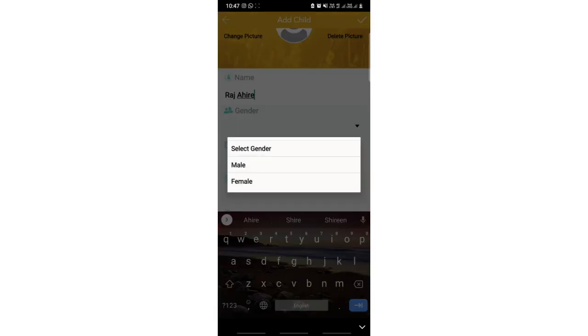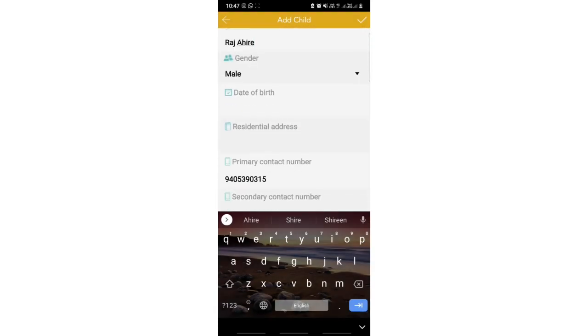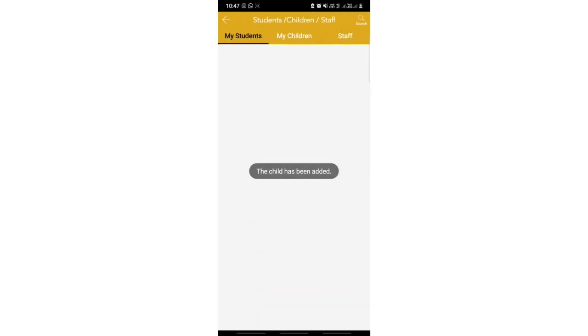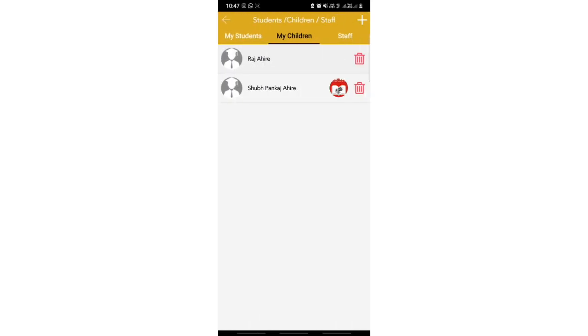Then after that, just enter the email, date of birth, residential address, and primary number, and click on this Save button. You can add a photo of that child also. Just click on Save. Once you have saved it, you will see here in the My Child option your 2 children, 3 children, however many there are, you can find all the children in this My Children list available in the